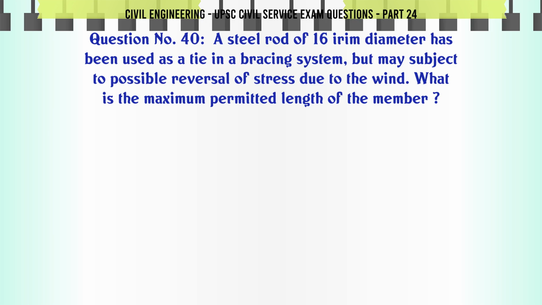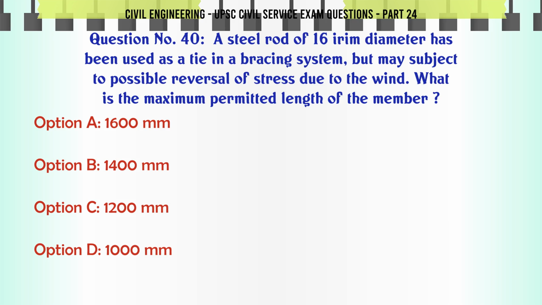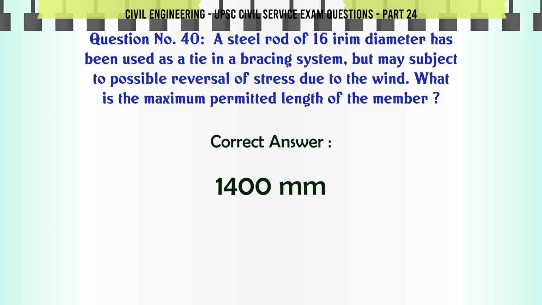A steel rod of 16 mm diameter has been used as a tie in a bracing system but may be subject to possible reversal of stress due to the wind. What is the maximum permitted length of the member? A. 1600 mm. B. 1400 mm. C. 1200 mm. D. 1000 mm. The correct answer is